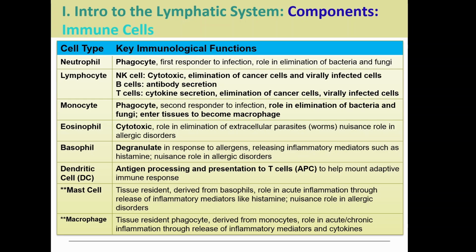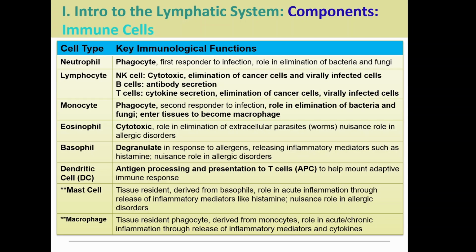And then the dendritic cells, these guys will process antigens as well as show the antigens to the T cells, sometimes what's called an antigen presenting cell, basically to help teach T cells, hey, this is who we don't want around. So they're going to help with what we call the adaptive immune response or adaptive immunity.